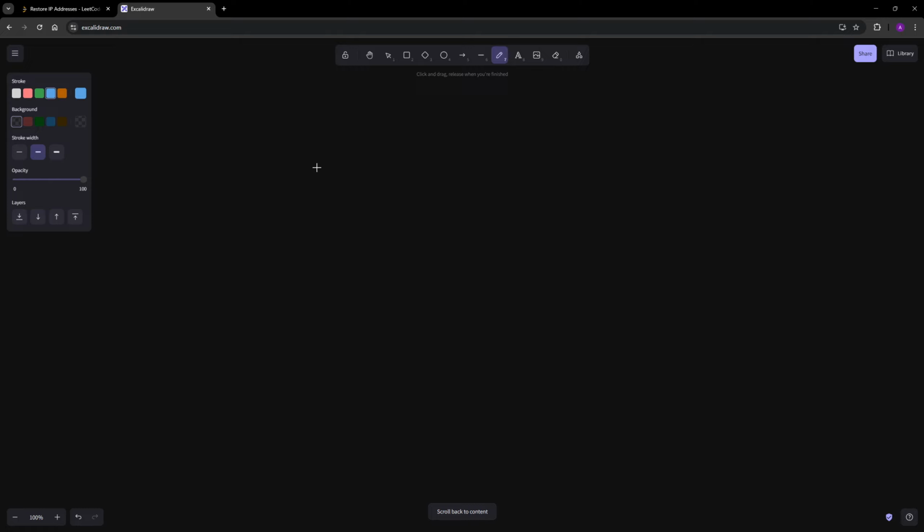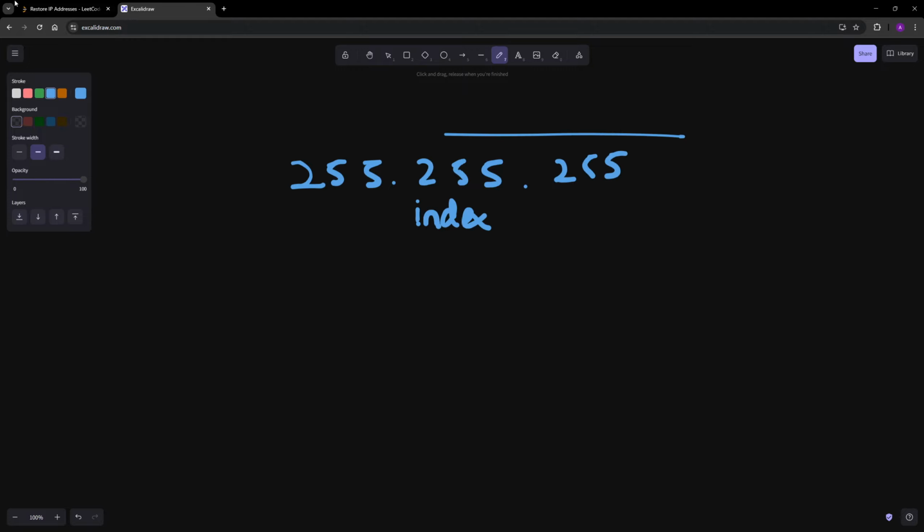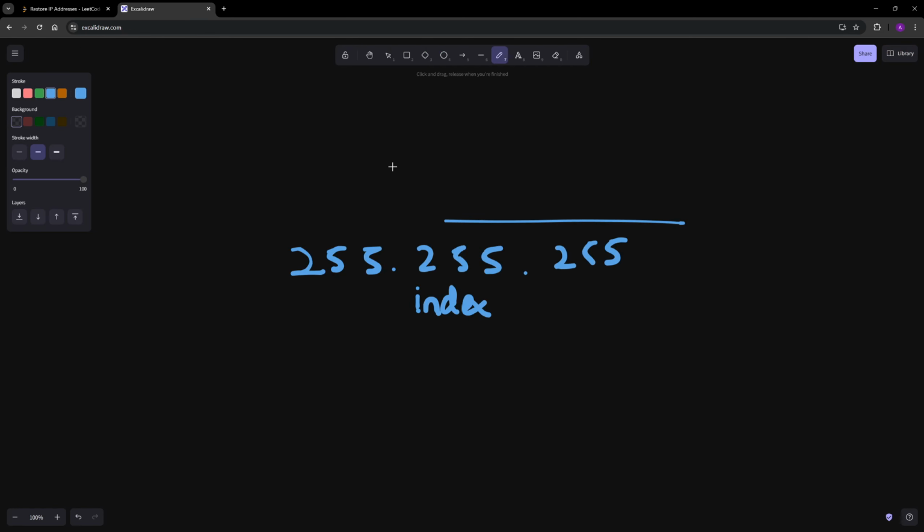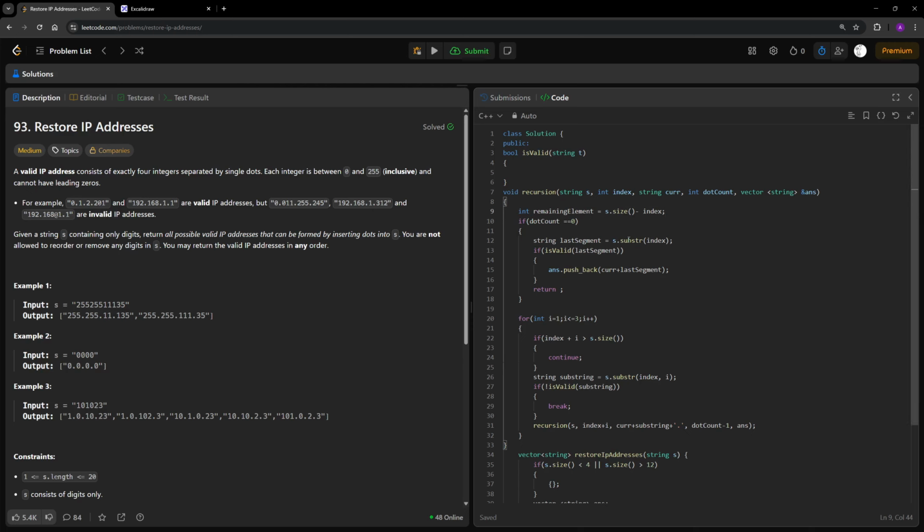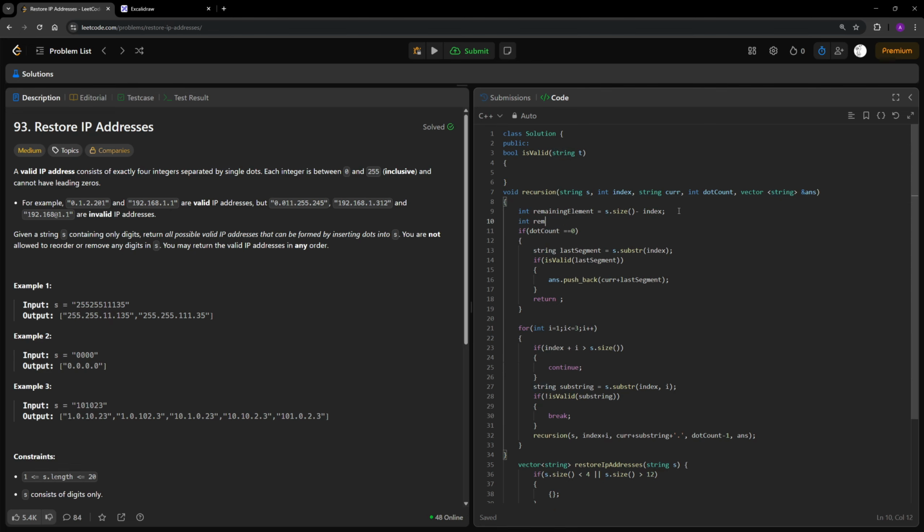देखना मैं फिर से बता रहा हूँ क्यों, क्योंकि देखना 255.255, हम तो effectively index ऐसे calculate करें ना, index की value, मैं क्या सोचने लगा था, dot के बारे में सोचने लगा था, ठीक है, तो अभी remaining elements कितने होंगे, मान लो string का पूरा length है ये, और इसका remaining elements index मेरा इतना है, तो यहाँ पे ये वाली length की value क्या हो जाएगी, length minus index, यानी कि s dot size, जो original string की size minus index, and remaining segments कितने हो जाएंगे, remaining segment, मैंने बताया था dot count + 1,